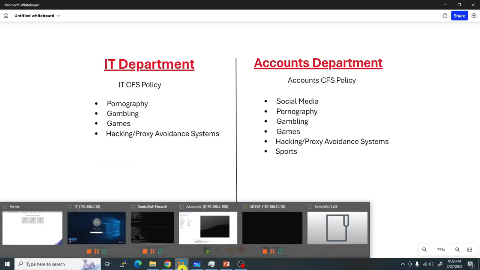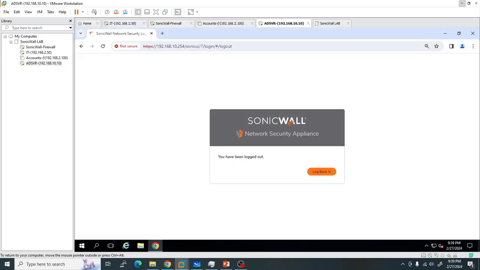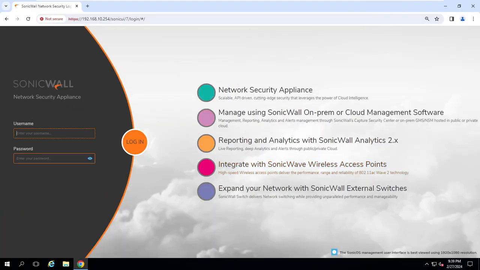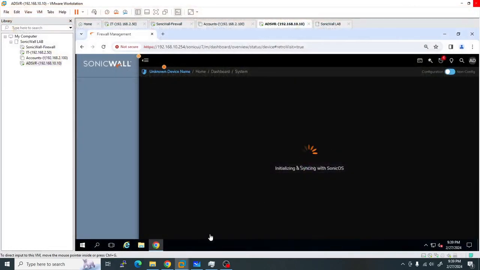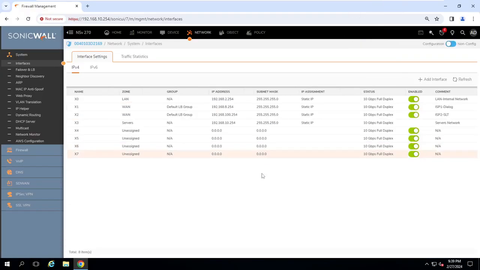So let's go to the SonicWall Firewall. I'm going to the AD server, and I'm going to manage the SonicWall from this machine. Let me log into the SonicWall Firewall and maximize this. Let's close this one, I don't need this, and this one is also not needed. Simply I can go to the SonicWall Firewall, and the first thing you need to go